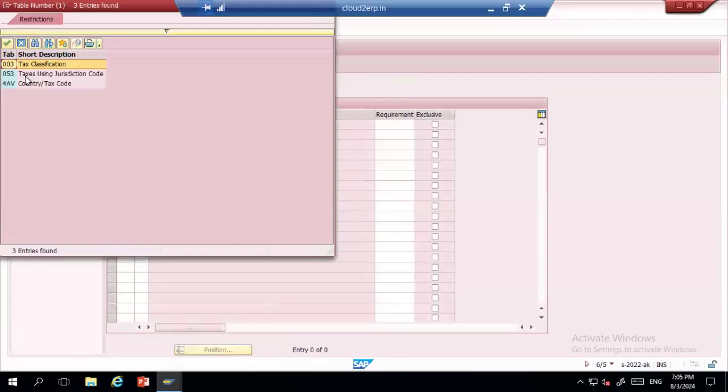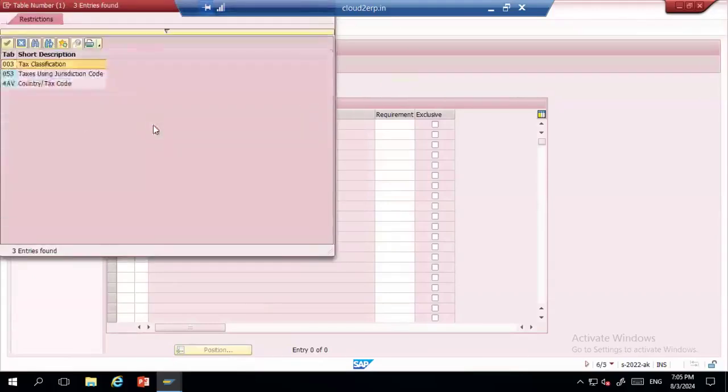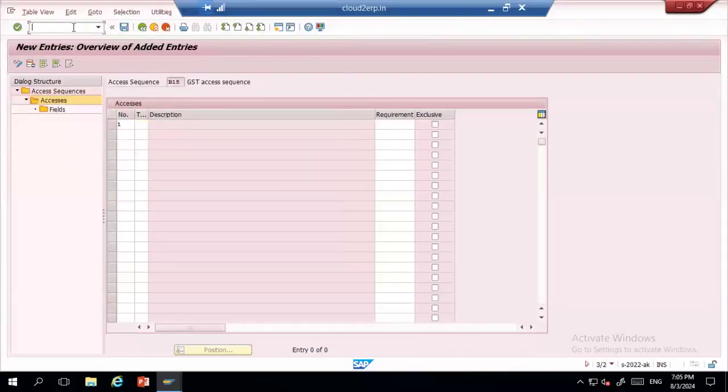So we said that we'll be using, one second, there is a different, only these table numbers are available. Let me check that once.